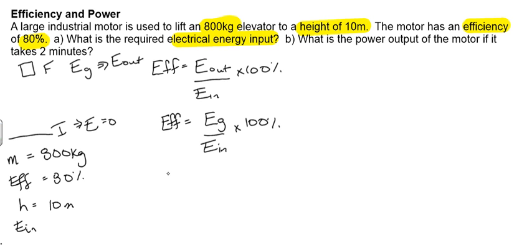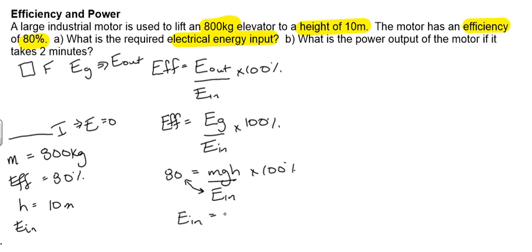The efficiency is 80%. Eg, if you remember, move to the formula page, is mgh over energy input times 100%. That 100% is going to make that work over there. Anytime I've got my unknown in the denominator, these two have to switch. So my energy input